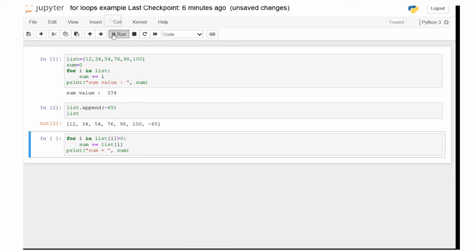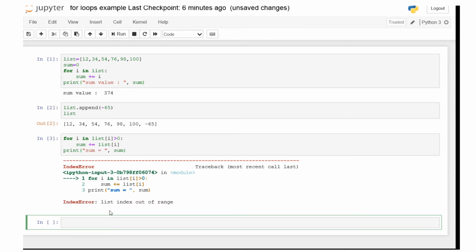Now we are going to run the program, and we see the error: list index out of range.